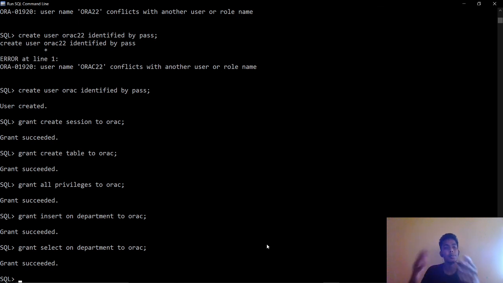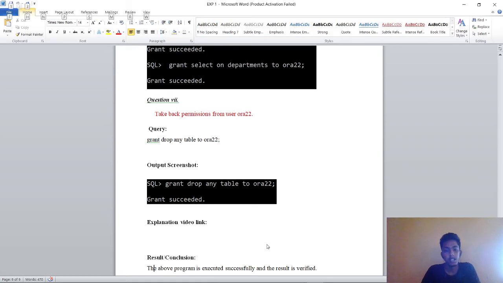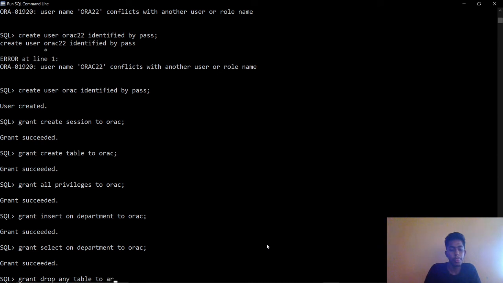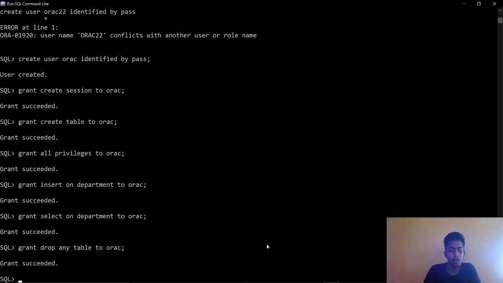We have given permissions to the user, and now we need to take them back. We perform grant drop any table to org, so the user can drop any table that has been allotted to the user.